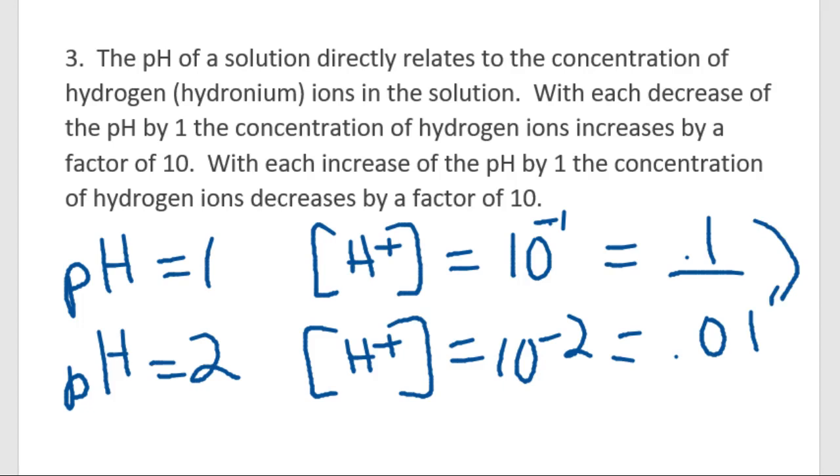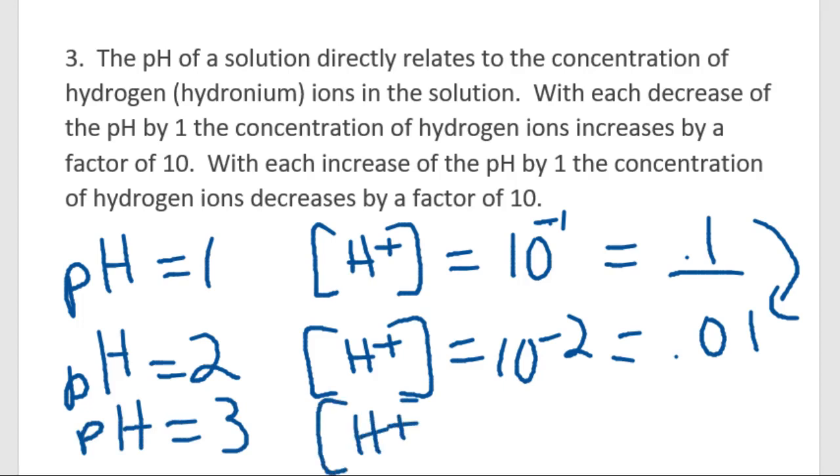So notice here, going from 1 to 2, the hydrogen ion concentration we would have divided by 10. So let's follow that. If we have a solution that is becoming less acidic and is going to a pH of 3, my hydrogen ion concentration now would be 10 to the minus 3, which is equal to